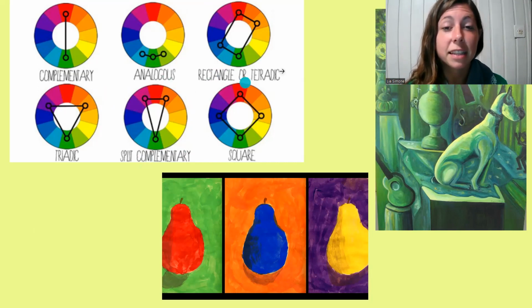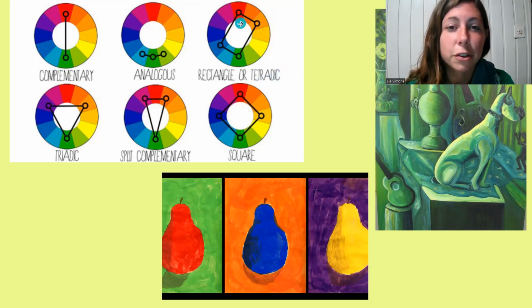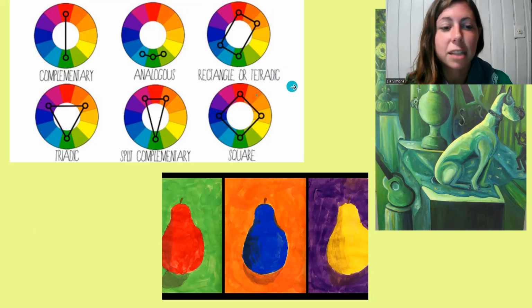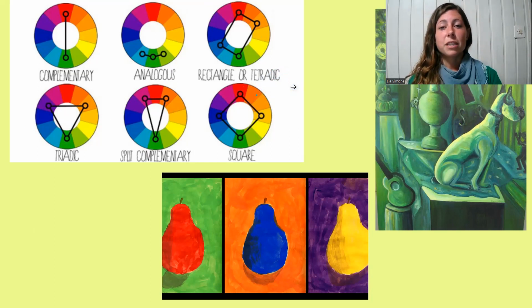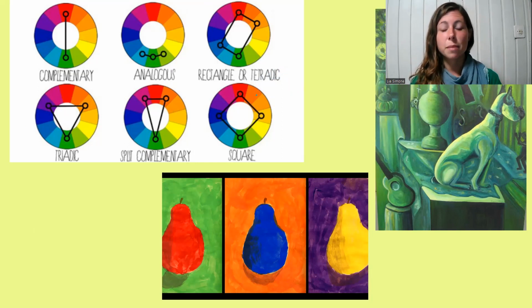Basically the end result is that when you're using any of these different combinations of colors, whether you use this rectangle, the square, or either of the two triangles, when you make your color selection, it's a great way to get aesthetically pleasing combinations of colors that will have a nice visual impact and balance as you're creating your artwork. So I find it super interesting. I just wanted to share that little bit.